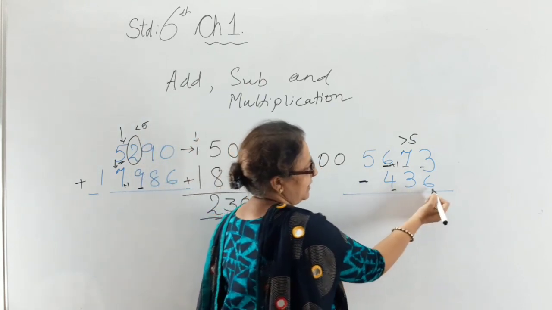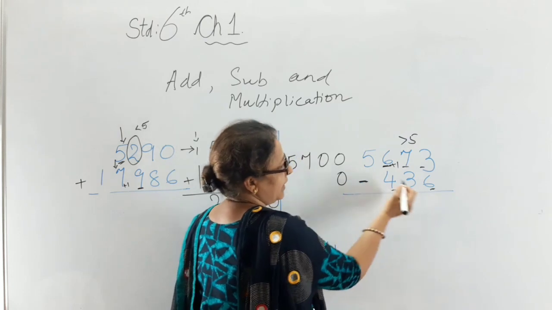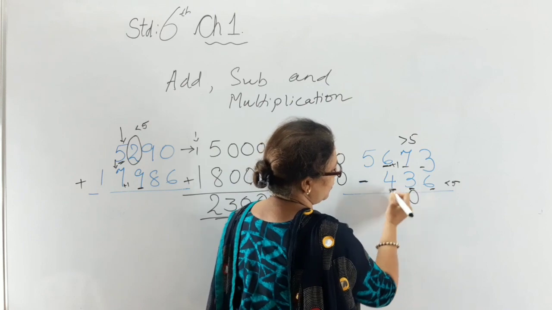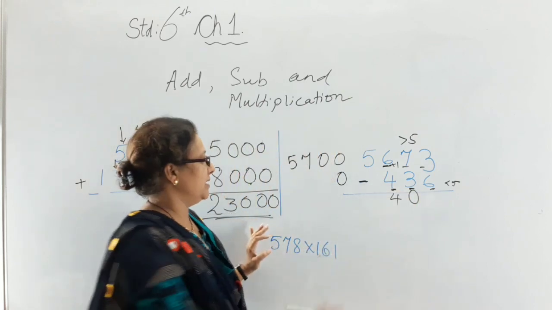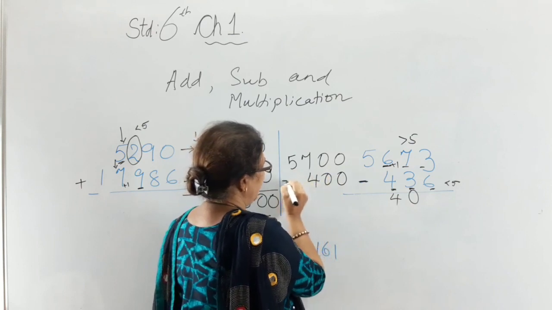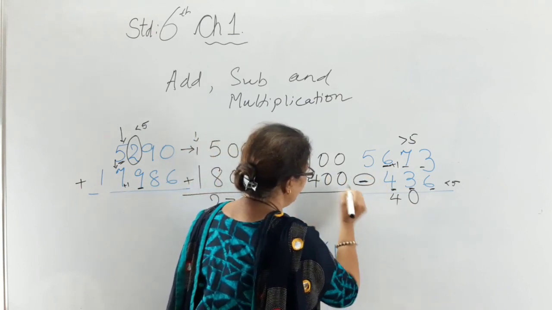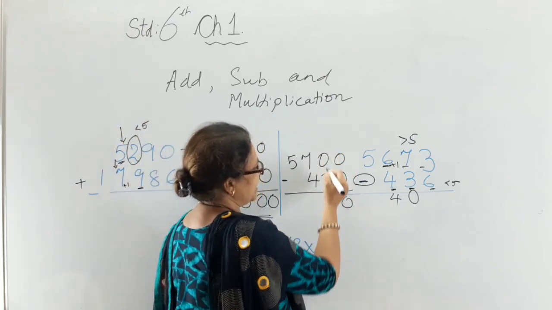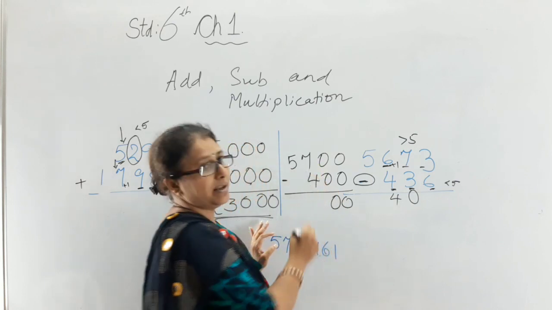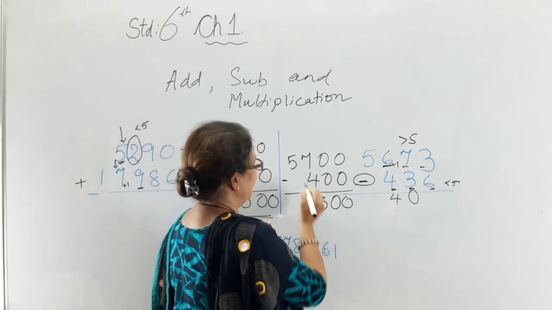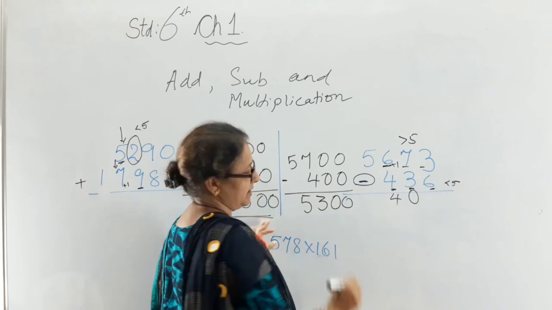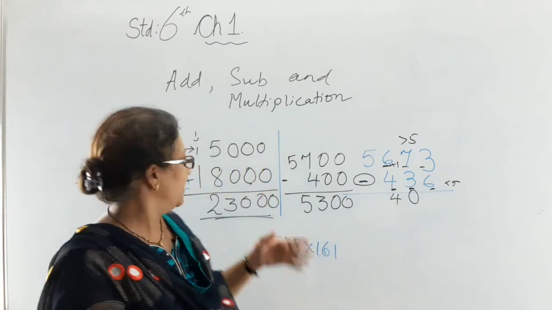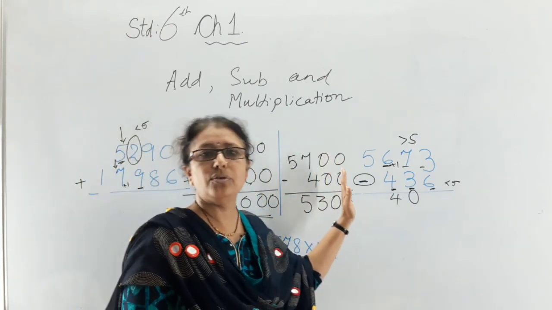Now coming on this. This will get converted into 0. 3 is less than 5. So what will happen? 3 will become 0 and 4 will remain as it is. So 0 and 4. And as the sign is of minus, we need to subtract. So 0 minus 0, 0, 0 minus 0, 0. 7 minus 4 is 3 and 5 will remain as it is. So the rule is applied in the same way for addition and subtraction. Only the difference, here you have to add, here you have to subtract.